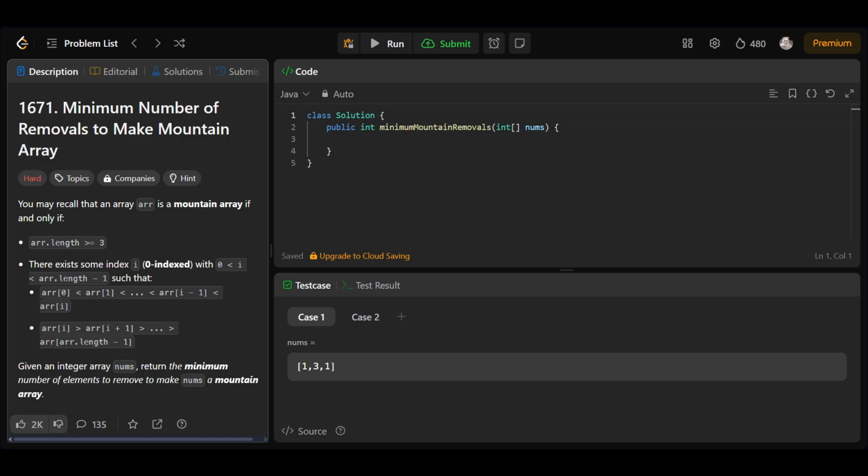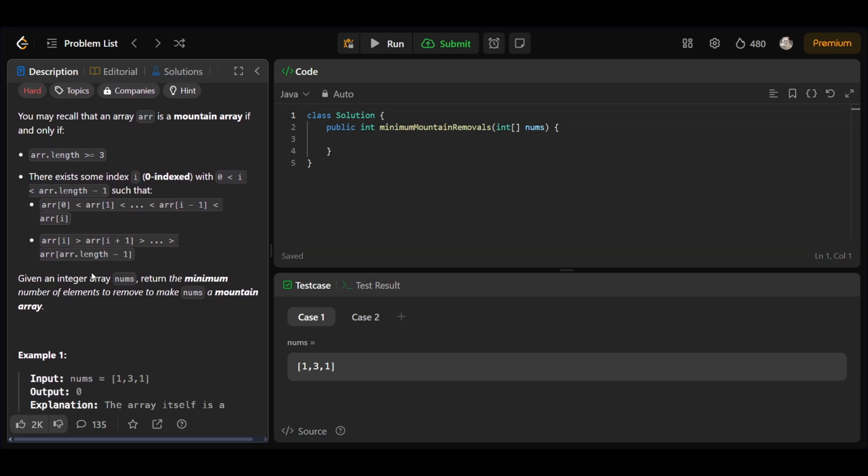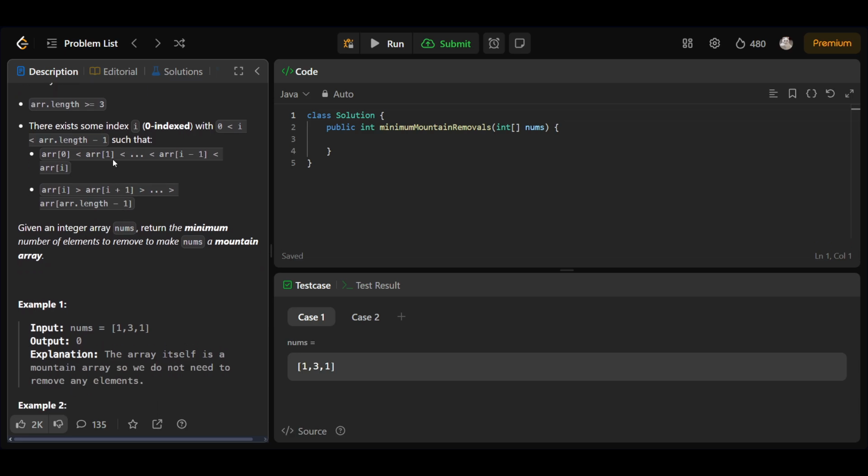Hello people, so today we will solve the LeetCode Daily Question, that is 1671, Minimum Number of Removals to Make Mountain Array. In this we may recall that an array is a mountain array if and only if the length of the array is greater than or equal to 3, and there exists some index i with 0 < i < arr.length - 1, such that arr[0] < arr[1] < ... < arr[i], and arr[i] is greater than the further elements,